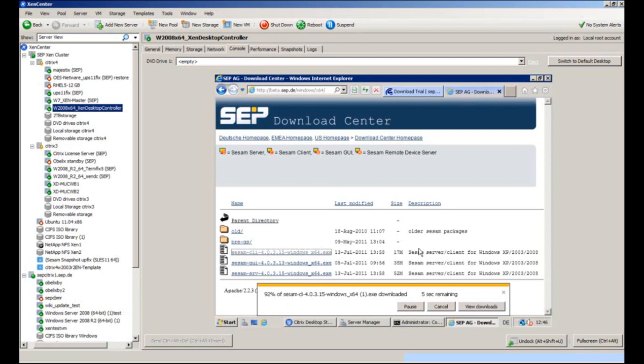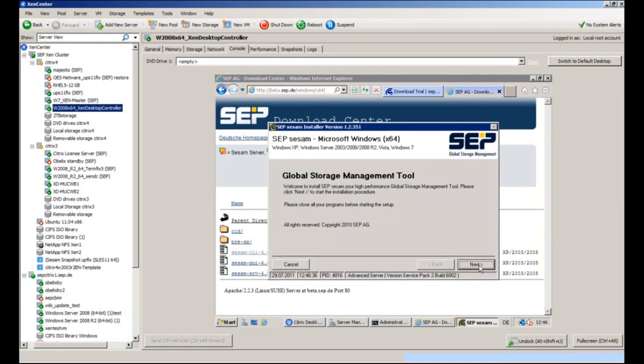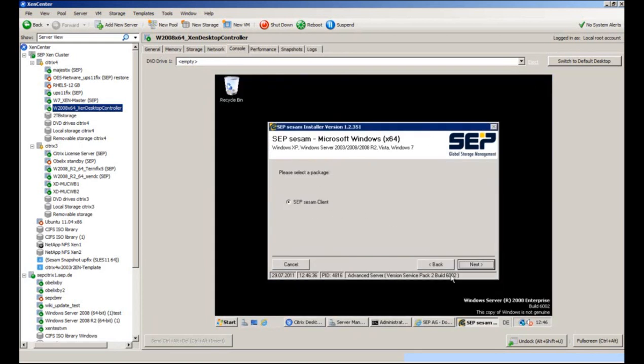So when it saves the file, we will go ahead and run it and get a granular setup for the backup so we can get a better file level. Let it decompress the files, choose English, confirm the license, identify that it is the client we are installing, and we'll go ahead and define the server. So this is going to be the backup server that has access to backup this client. We'll do the server name, finish the install,